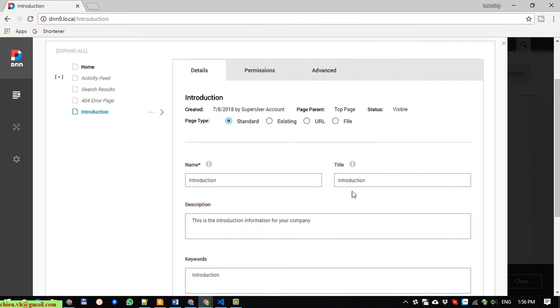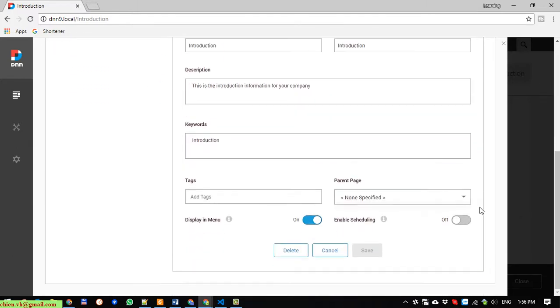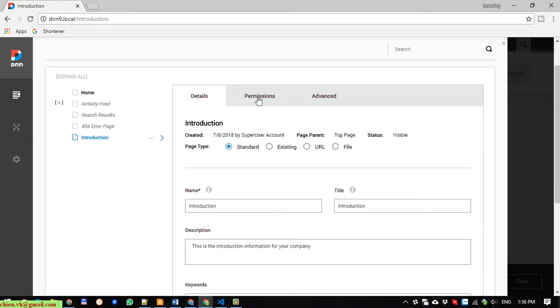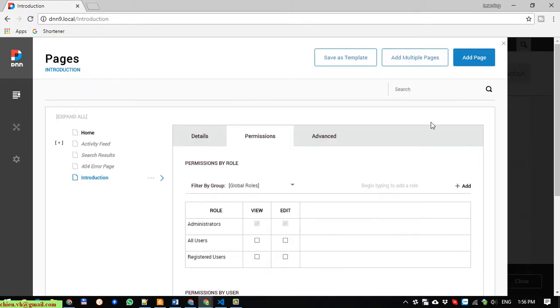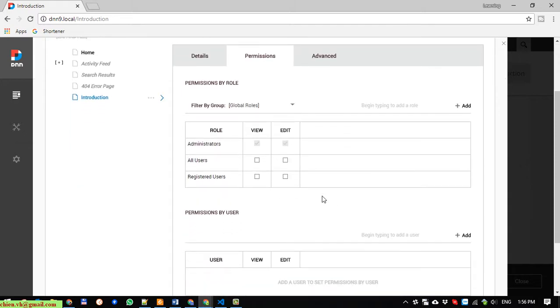This is the detail we have just created at the beginning, and now I will open the permission tab. Here you can see the permission by role, and it is using the filter global role. Here we have the administrator. They have the permission to view and edit the content of that page. And here, all users contains the registered and the anonymous user. So here, if you select this one